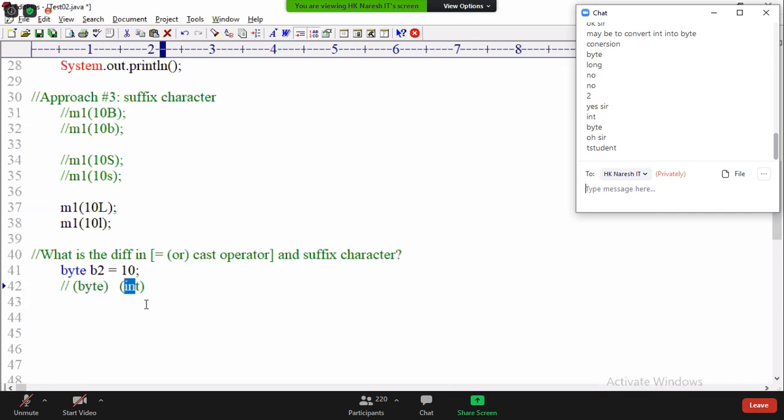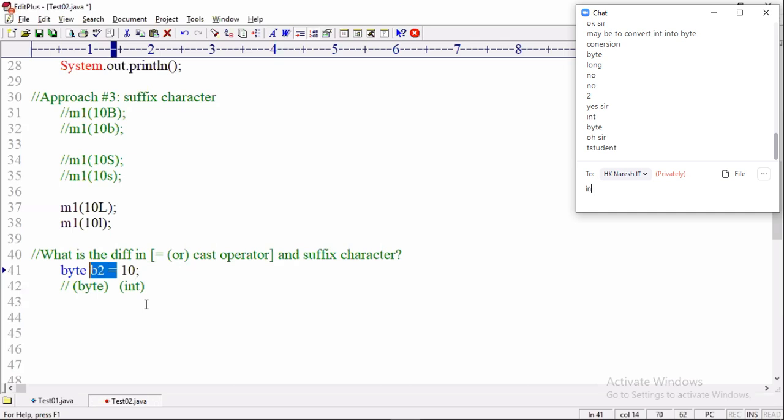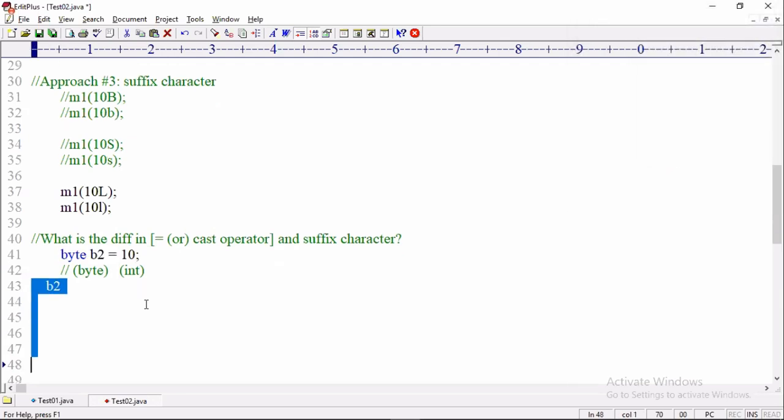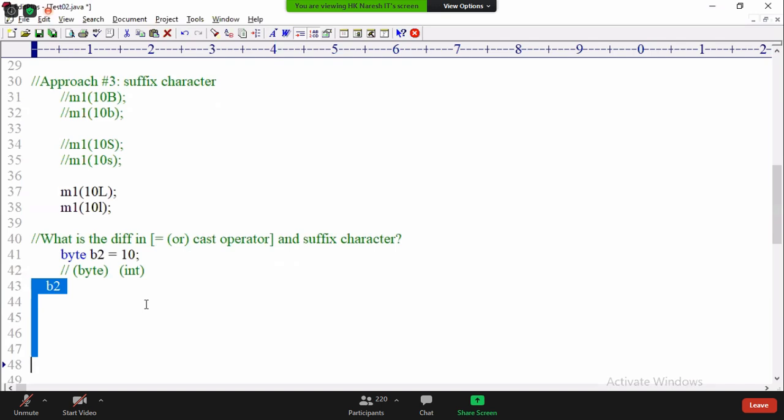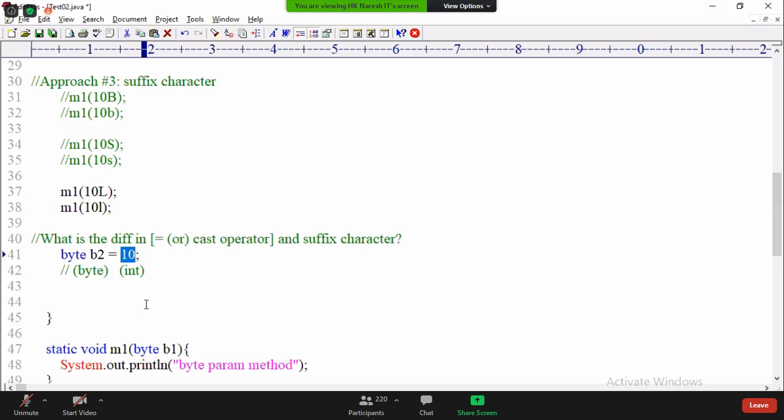By default, you are a student. After taking admission and joining Naresh IT, now you are a Naresh IT student. That means with the name of b2 in the next lines, 10 is of what type? Byte. But at here, the 10 is not byte. 10 is int.